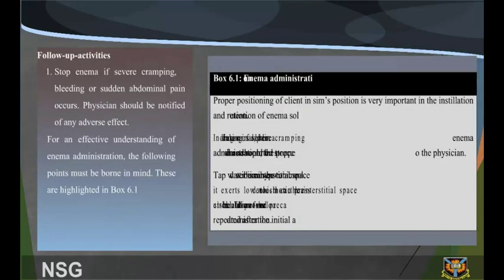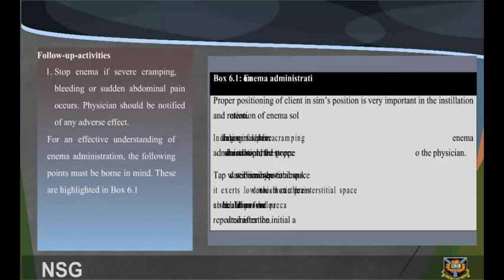Follow-up activities. Stop enema if severe cramping, bleeding, or sudden abdominal pain occurs. Physician should be notified of any adverse effect. For an effective understanding of enema administration, the following points must be borne in mind. Proper positioning of client in Sims position is very important in the instillation and retention of enema solution. In cases of severe cramping, bleeding or sudden abdominal pain during enema administration, the procedure should be stopped and reported